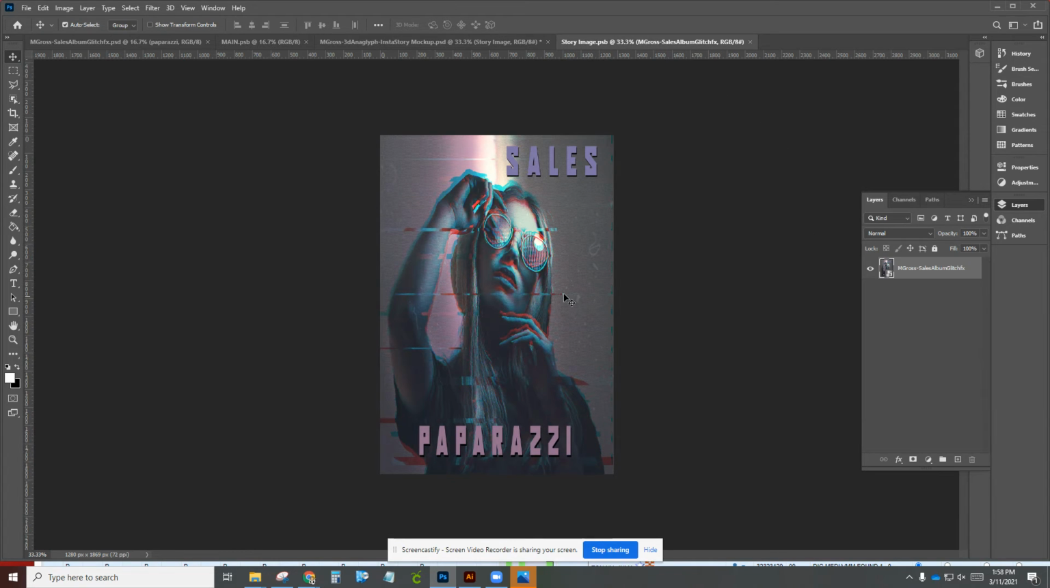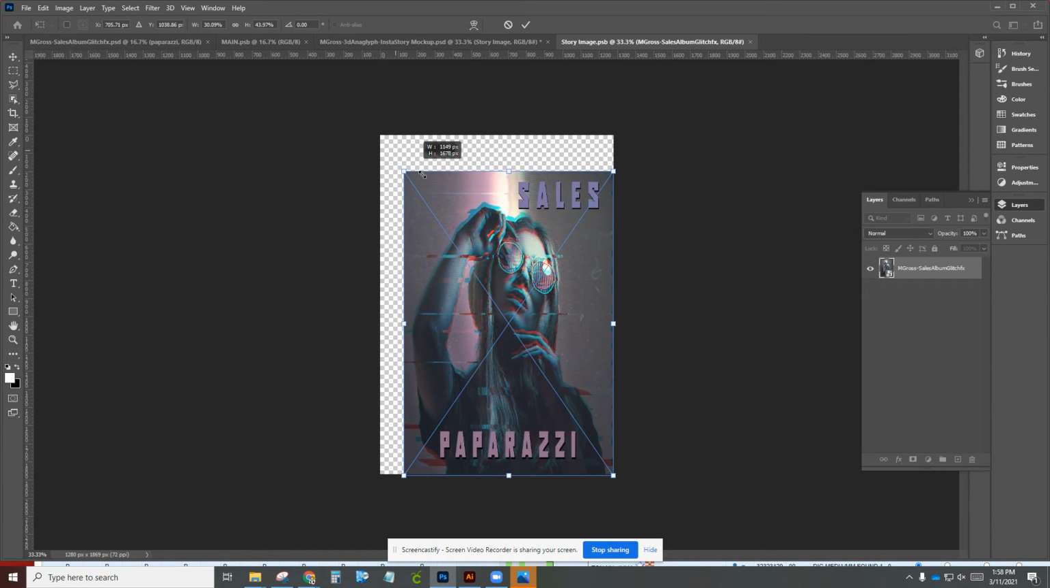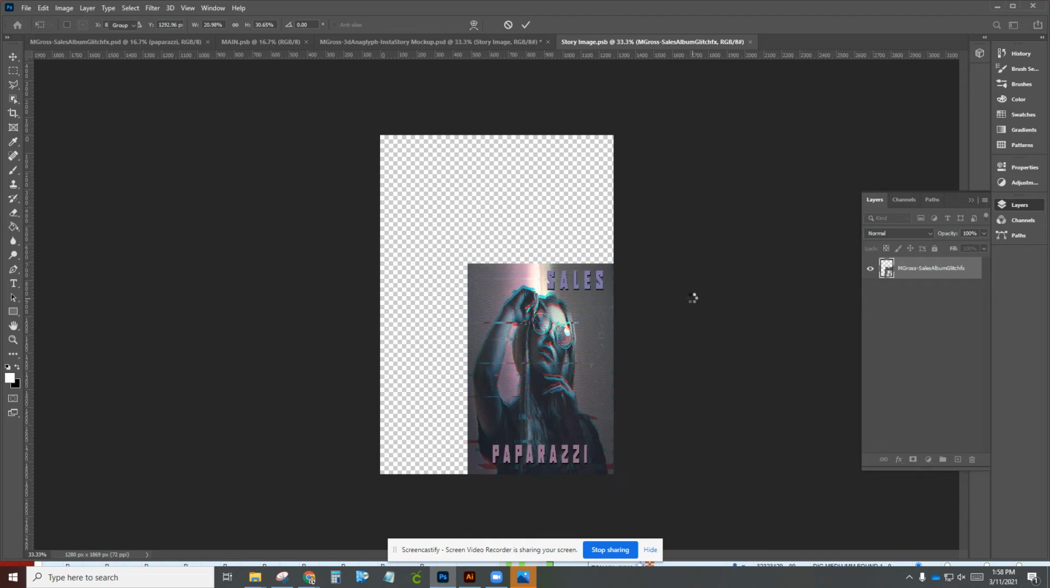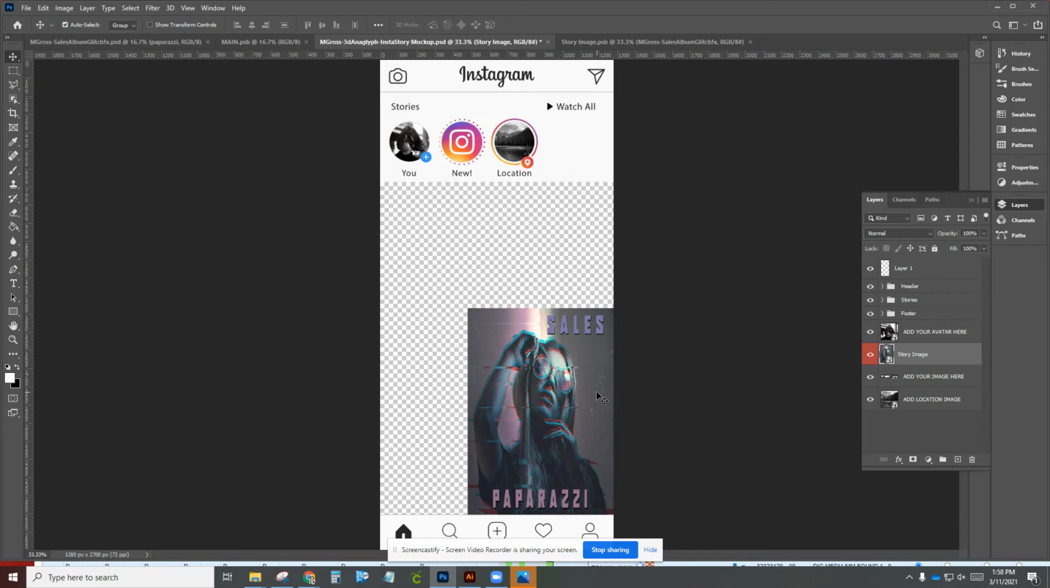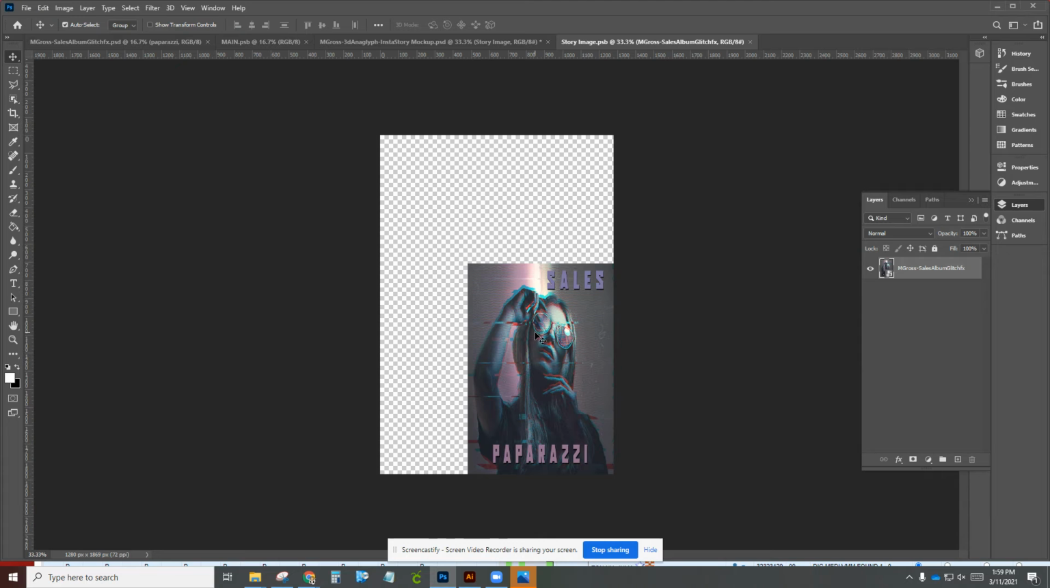Okay. Now, say if I want to make a change to this, I want to move my document down. So I'm going to transform it. I'm going to shrink it down. Okay. I'm going to commit to that. I know that I made a change, so I'm going to click Control S, and you can see that the mockup has been changed as well. So it's not a live document. So if I wanted to move this,